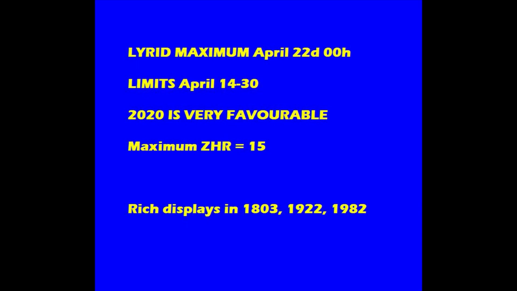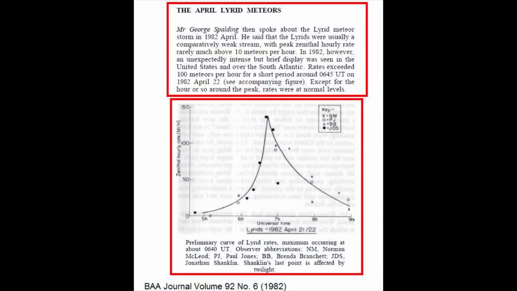And I thought it would be fun to look back and see what was the evidence for those. So 1982, first of all. There's a picture here of the activity curve of the Lyrids done by the director of the day, George Spalding. We can see that the rate for the Lyrids most of the time is around a dozen an hour at the best, but for this short 2-hour interval on April 21 to 22 there was this very sharp spike, where we got peaks of up to over 100 meteors an hour for a very short time.